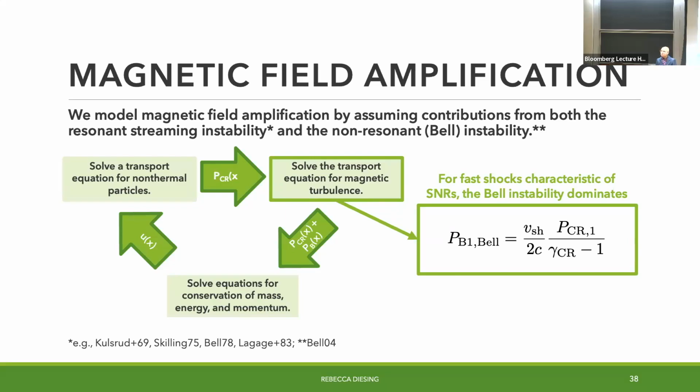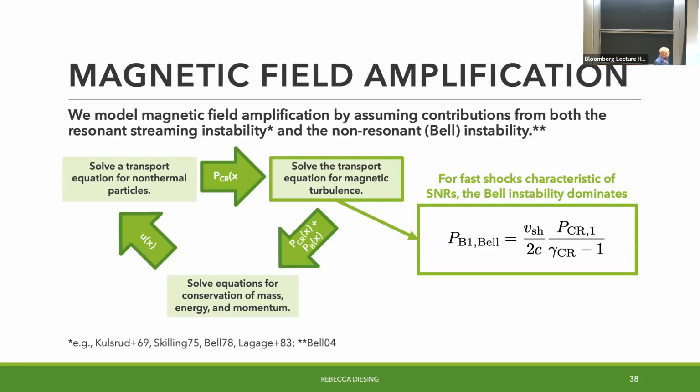How are you calculating the diffusion coefficient? So we assume Bohm diffusion, and once we have that magnetic field that comes from this, that goes into the Bohm diffusion coefficient. In this environment where you have these large fluctuations, you expect to have the Larmor radius comparable to your mean free path, so you can assume Bohm. If you wanted to have fun with it, you can put a factor on it and see how it changes things.